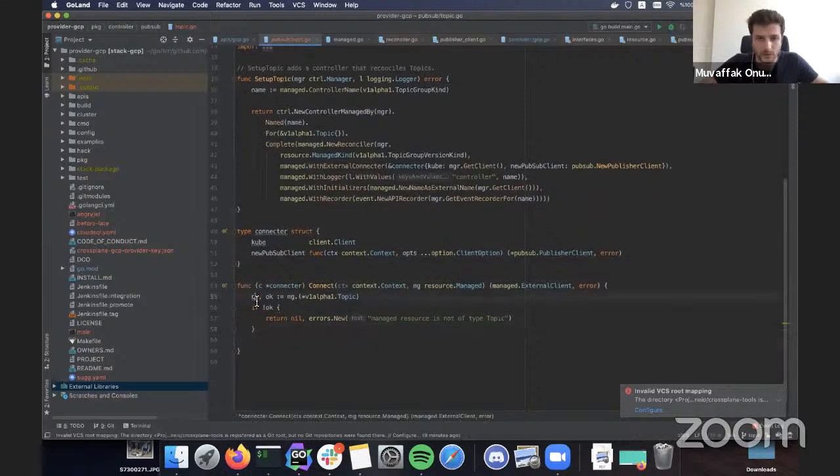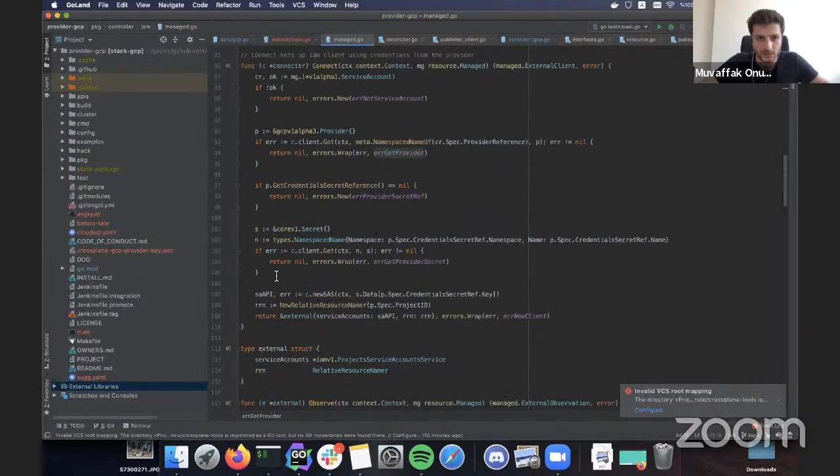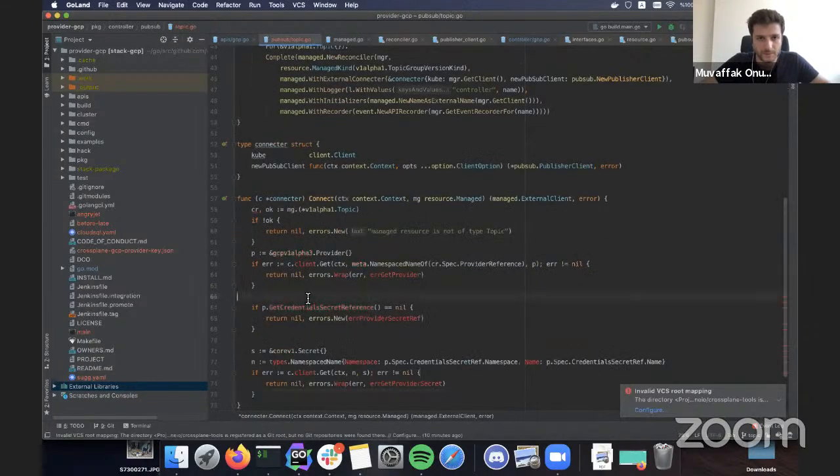All right, so we've got our CR here. The connect method is similar across almost all GCP resources, so I will just copy paste here and go over what's happening. All managed resources have a provider reference.